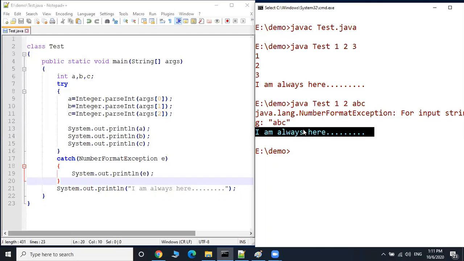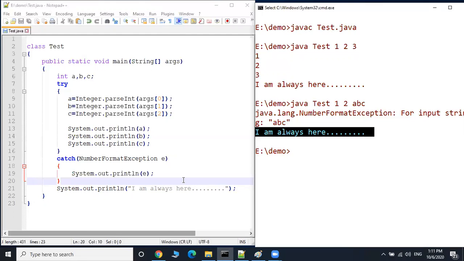But with the exception handling mechanism, the try block simply creates an object of the corresponding exception and it is thrown to the catch block. Now the catch block is readily available here, so that it will take the necessary action. That means it will print the description and then continue the execution of the remaining statements.